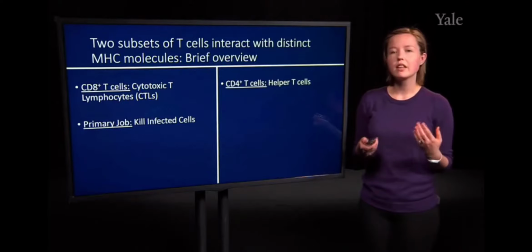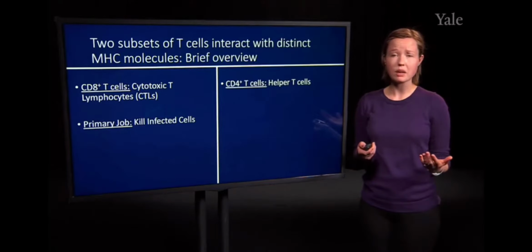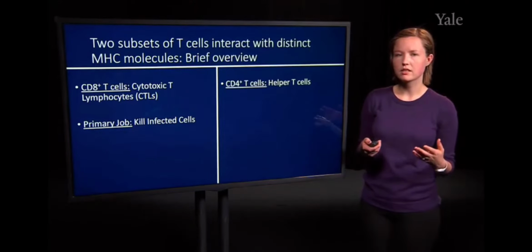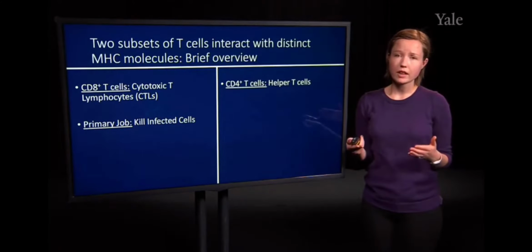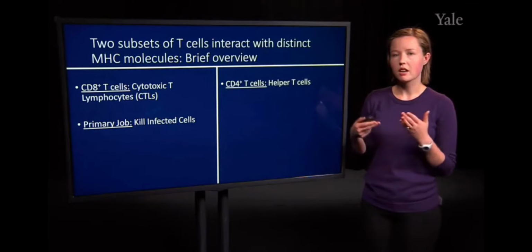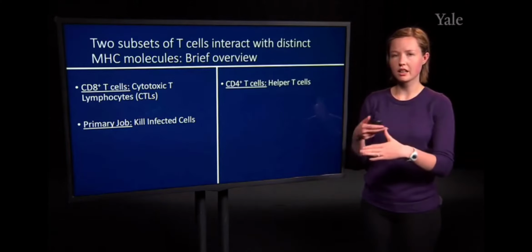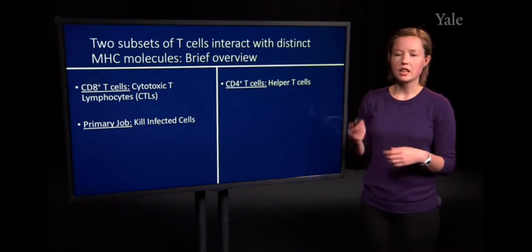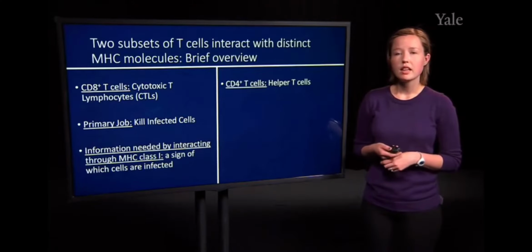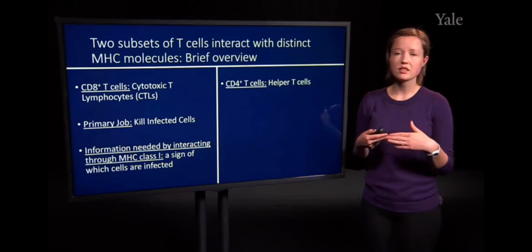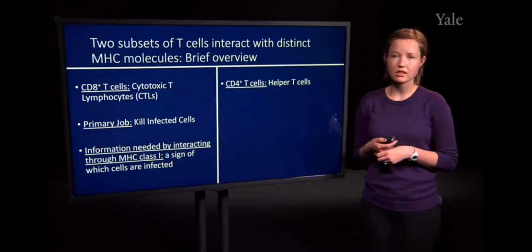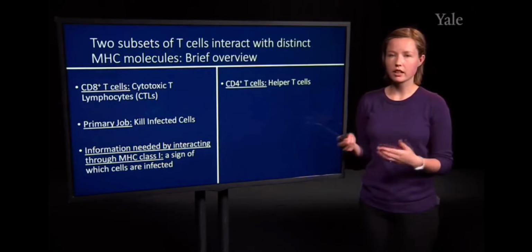As mentioned in the prior slide, the CD8 positive T cells are interacting with virally infected cells. In the face of a viral infection, the immune system responds by eliminating the infected cells as a way to try and contain that overall infection. And so CD8 T cells will mediate this response. The information that is needed here that is presented by MHC Class 1 to the T cell is a sign that the cell is infected. And so this will activate the CD8 T cell to kill virally infected cells